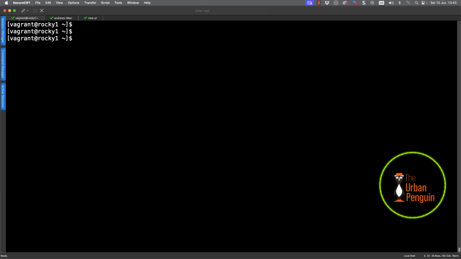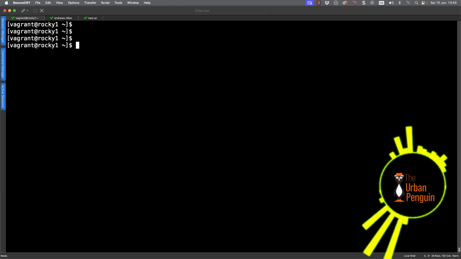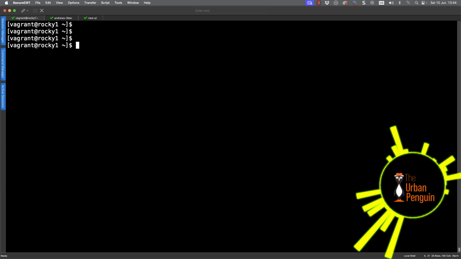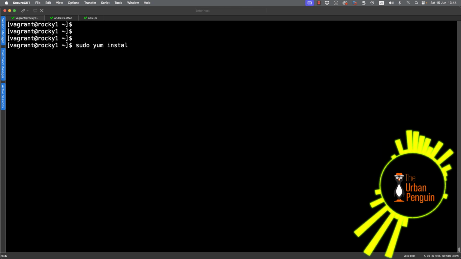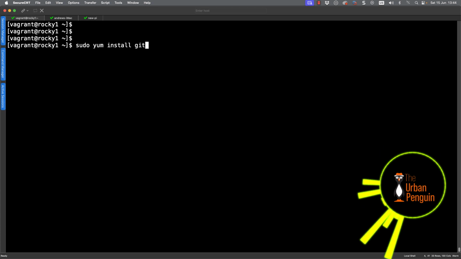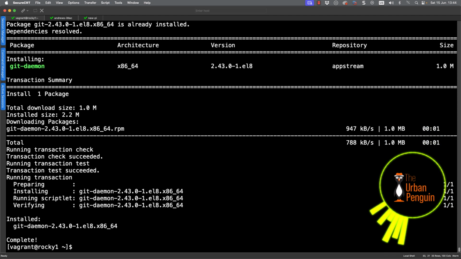Here we are then, working at the command line of my Rocky 8.10 system, and in fact I've got two Rocky systems set up. One can act as a server, this one, Rocky 1, and the other will act as a Git client to prove that we can clone the repository remotely. So the first thing is to make sure that we've got the required software installed. Now I will have Git installed on this system, but just to show that obviously we're going to need Git installed, but also the Git daemon package. So we can go ahead and install these and it will come down relatively quickly.